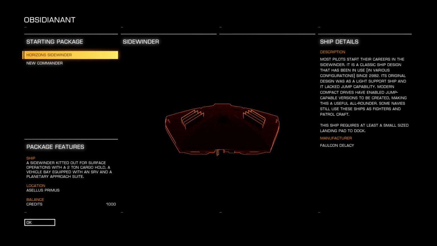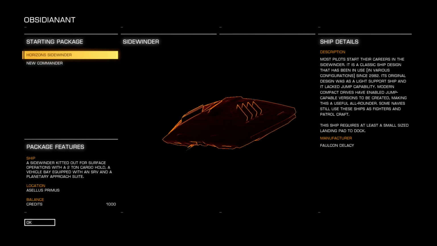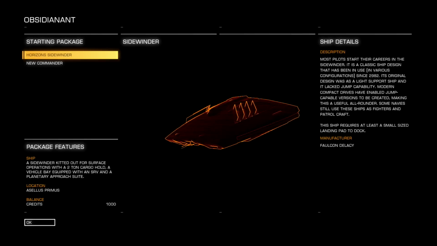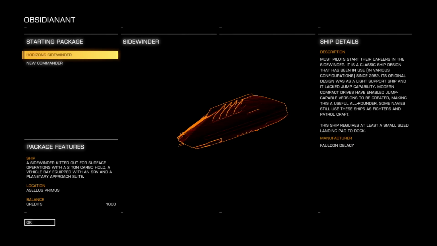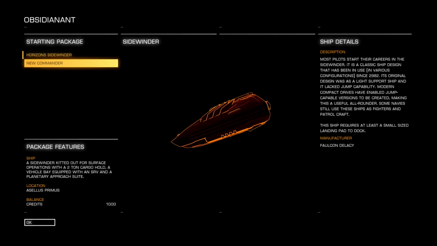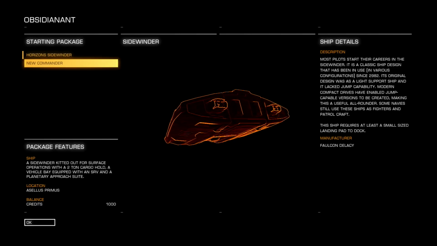So the save is now gone. So the first screen you're going to see is this one here. If you haven't got the Horizons version of the game, if you've just got the base version, then you'll just see the new Commander option. If you do have Horizons, or the Deluxe Edition, or the Legendary Edition, I believe it's called, then you will